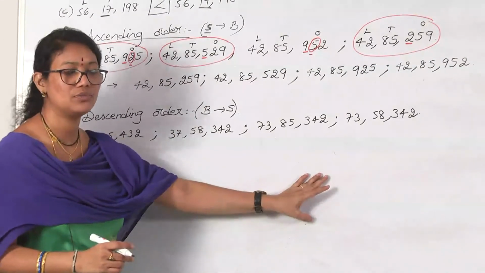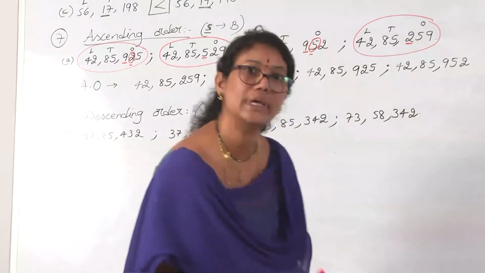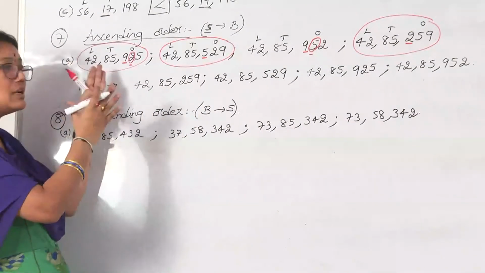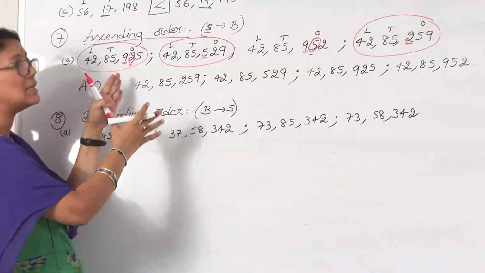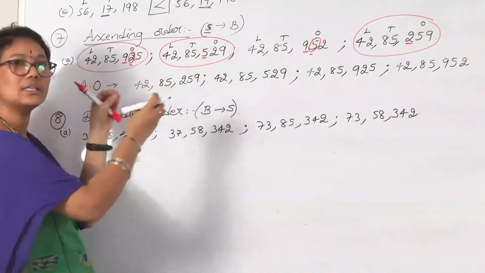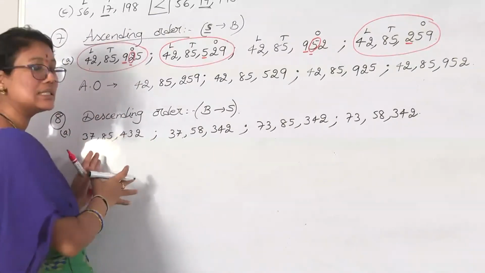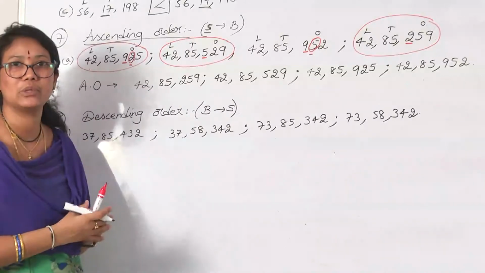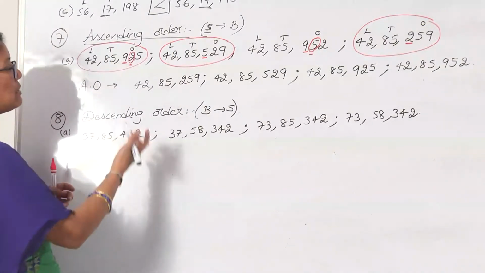of numbers. We choose which one is the biggest number from the given numbers. Now the same method as we applied for ascending order. In ascending order, we have chosen the smallest number, but as it is descending order, we have to choose the biggest number from the set of given numbers. Let us see how to find out. The same method we apply.